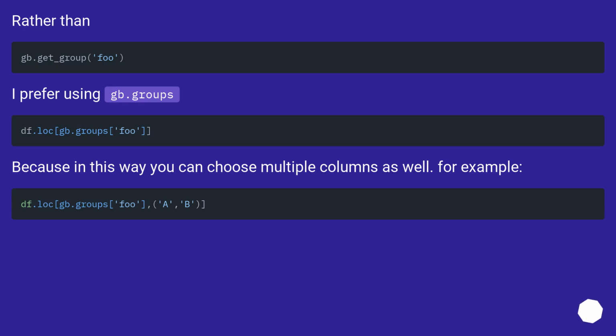Rather than, I prefer using gb.groups, because in this way you can choose multiple columns as well. For example,